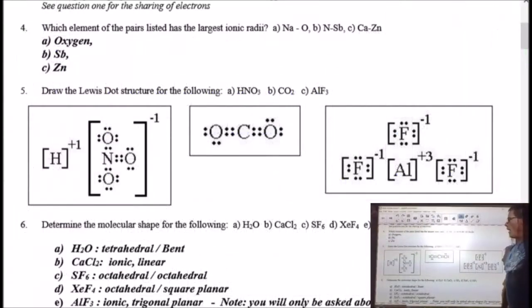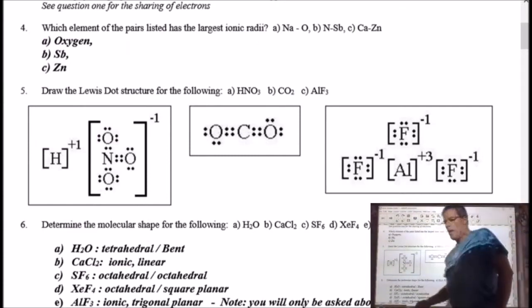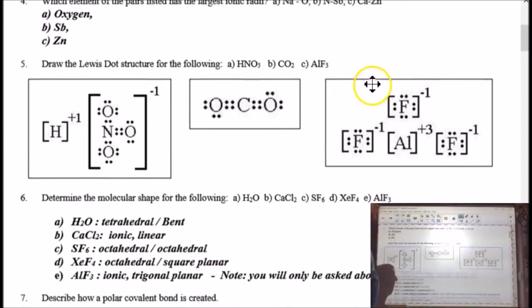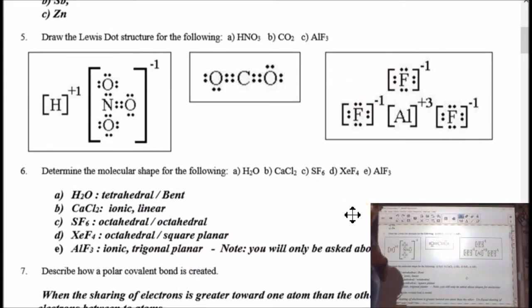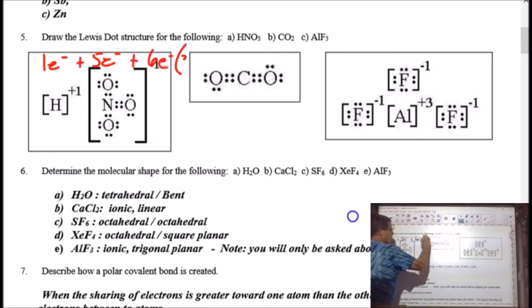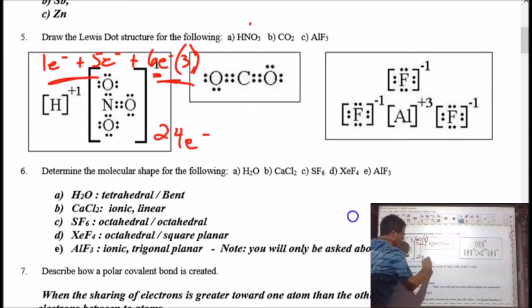All right, number 5, draw the Lewis structure for the following. Hopefully we are okay with drawing Lewis structures. Again, my suggestion when doing this, find out how many total valence electrons each brings. So hydrogen brings 1 electron, nitrogen brings 5 electrons, oxygen brings 6 electrons, and there's 3 of those. The -1 actually means that we have 1 more electron added to this. Oh, I'm sorry. This is only that guy there. So what that means is we have 18 plus 6, so really we have 24 valence electrons for this structure